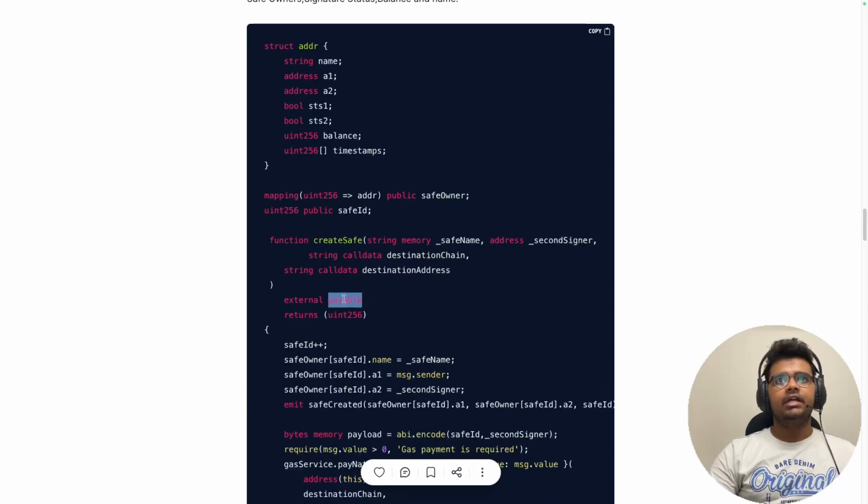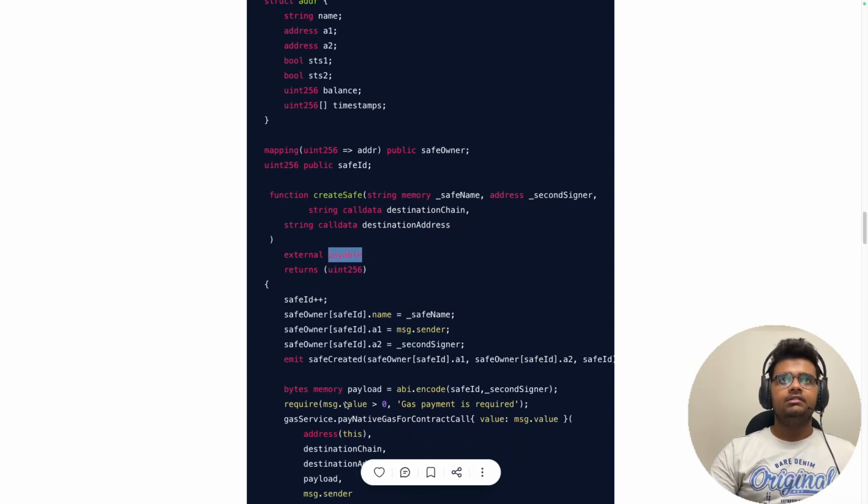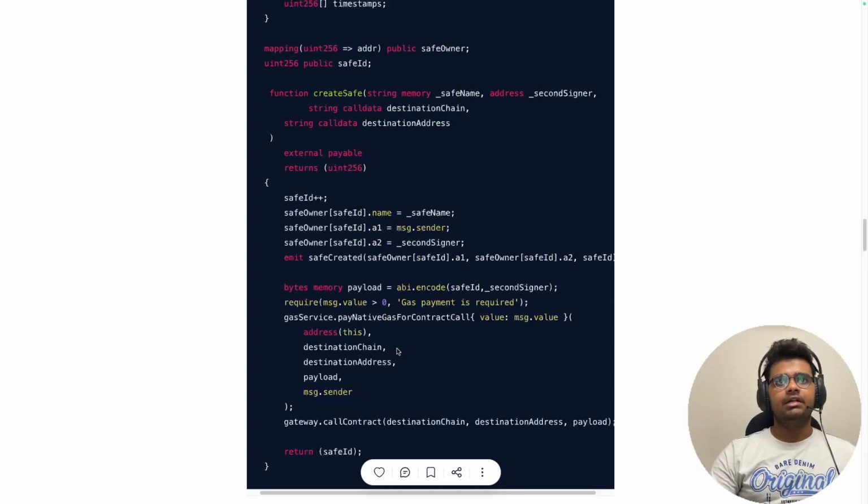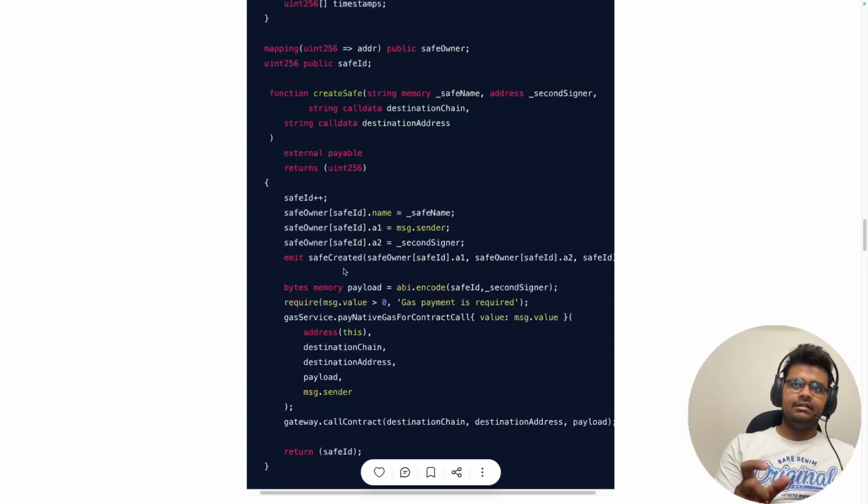It's external payable. We are keeping it payable because we need to send some funds to accommodate the cross-chain transfer of the message. Whenever a new safe is created, a unique safe ID is assigned to it, and we create a message saying that, let's say, a safe with safe ID 10 is created and its second owner's address is X. This payload is passed using Axelar's general message passing to the second contract on BSC testnet, saying that a new safe with safe ID 10 is created and the second owner is this particular address. Now that address can go to the contract on BSC testnet